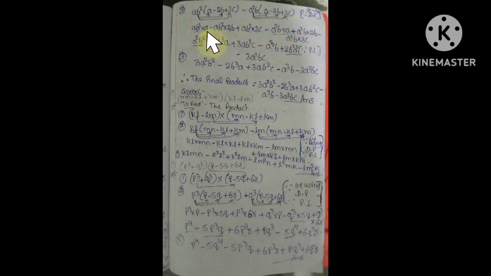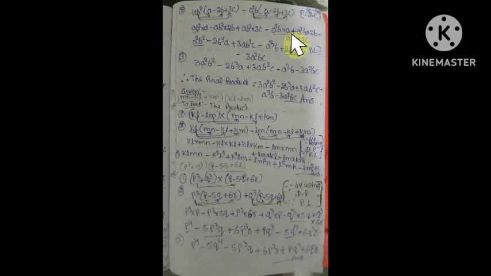Next, ab² into a. Here the bases are a and a, so both bases are the same, we can add the exponents only. So a into a is a². Next, b² as it is, write it. Next, minus ab² into 2b. So 2b into b² is 2b³, into a, 2ab³. Plus ab² into 3c, 3ab²c, minus a²b into a.